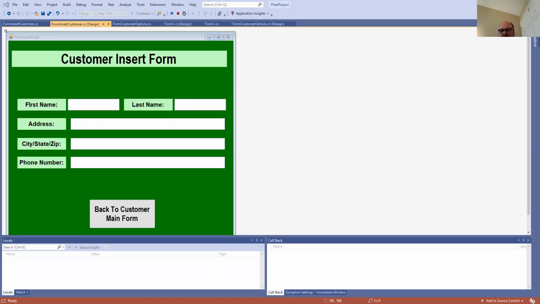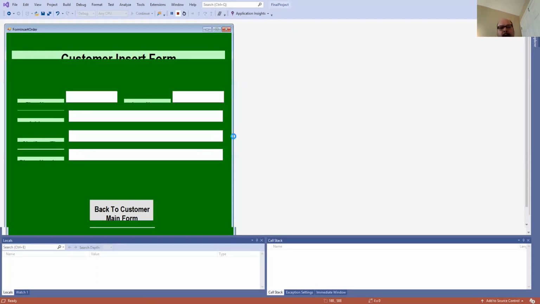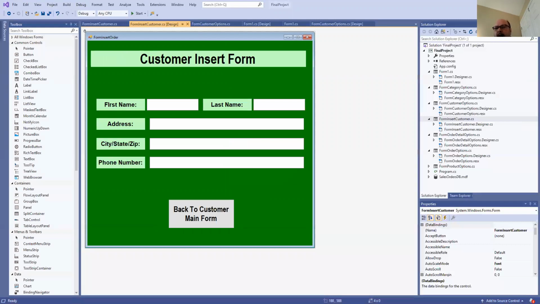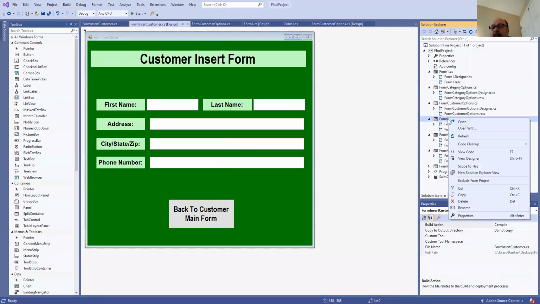So hopefully what you're seeing in this is we have got the beginning of what we're going to have to do here. So what I would like you to do then, and what we'll do is we'll come in here. In fact, let me stop the run. All right. And I'm going to come in here and I'm going to grab my form insert customer right here. I'm going to grab it. I'm going to say